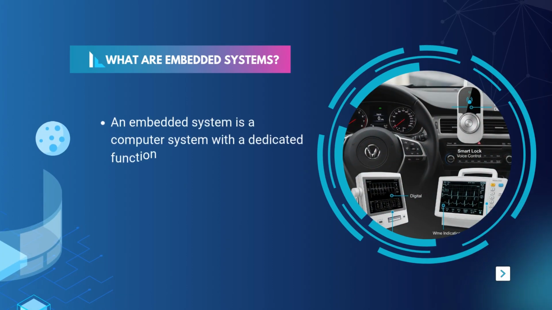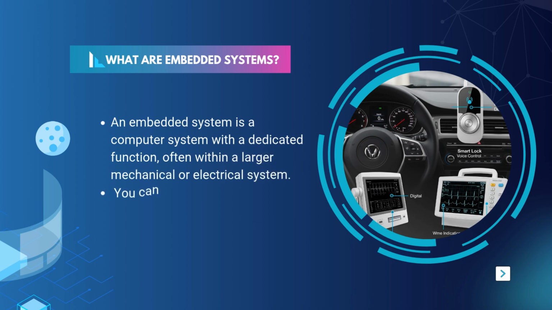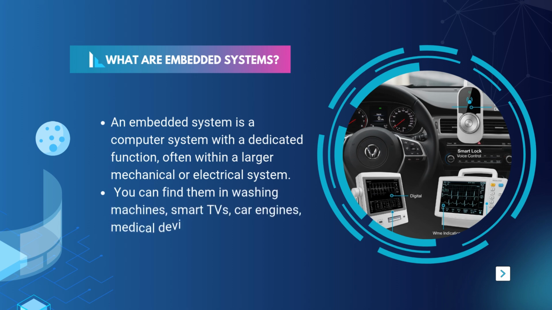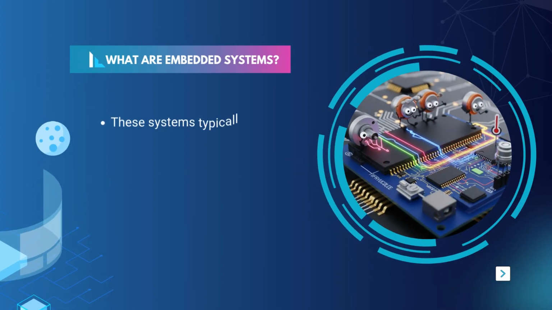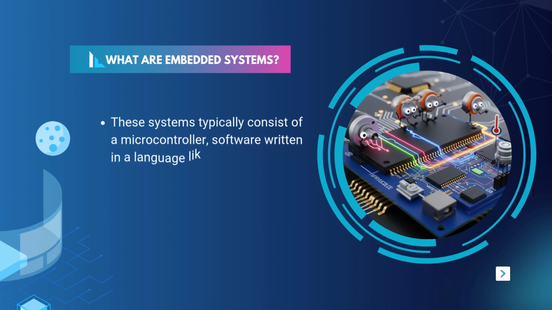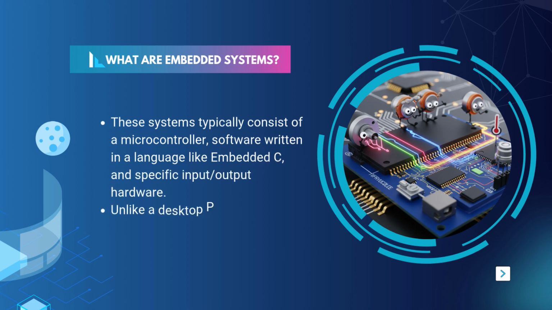An embedded system is a computer system with a dedicated function, often within a larger mechanical or electrical system. You can find them in washing machines, smart TVs, car engines, medical devices, the list goes on. These systems typically consist of a microcontroller, software written in a language like embedded C, and specific input-output hardware. Unlike a desktop PC, embedded systems are designed to do one job, but they do it really well, often in